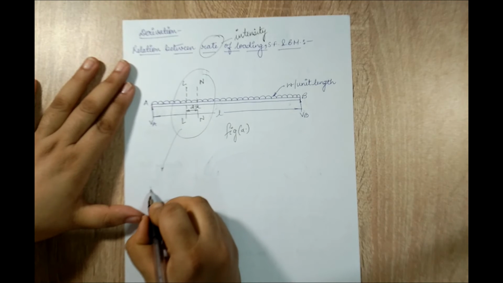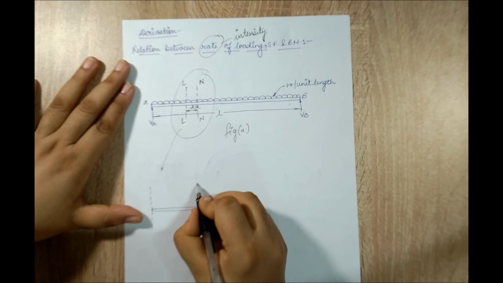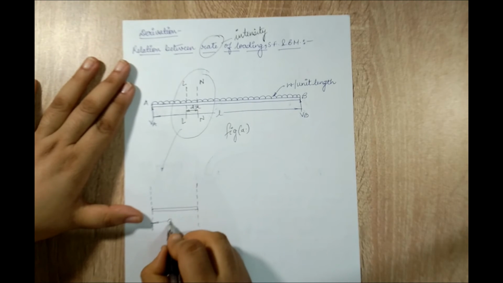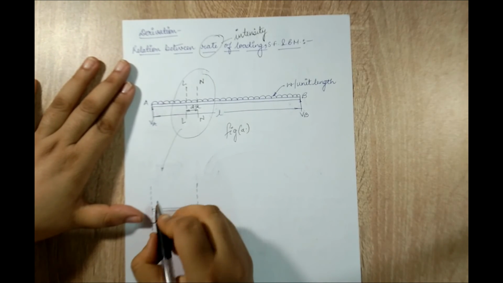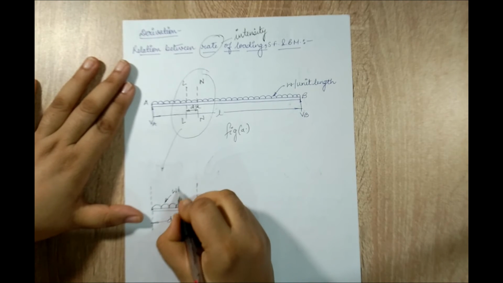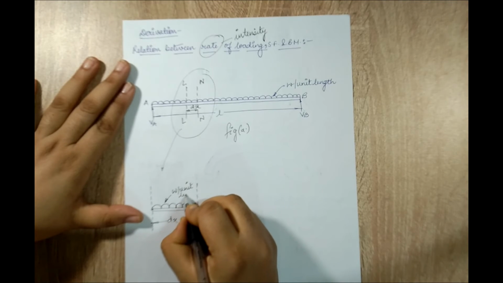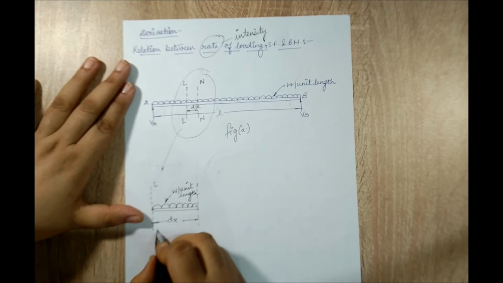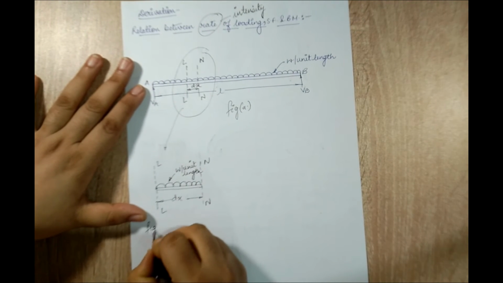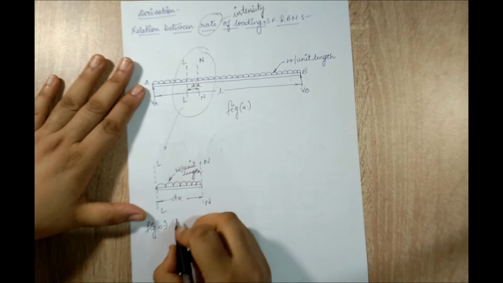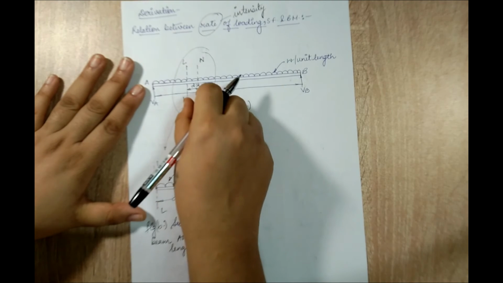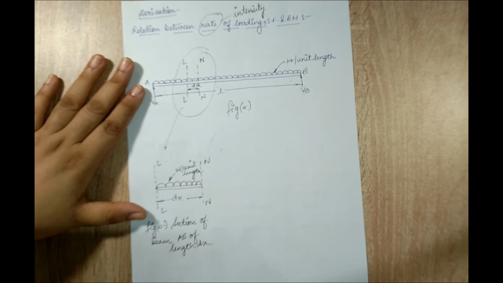Now you have to understand that I am drawing larger than life diagrams, hence they look so big when I recreate them. So this distance is dx. There is UDL in this portion of W per unit length. The section is LL and NN. So I'll call this as figure B. This is section of beam AB of length dx. So I've just taken out a small portion and drawn it.